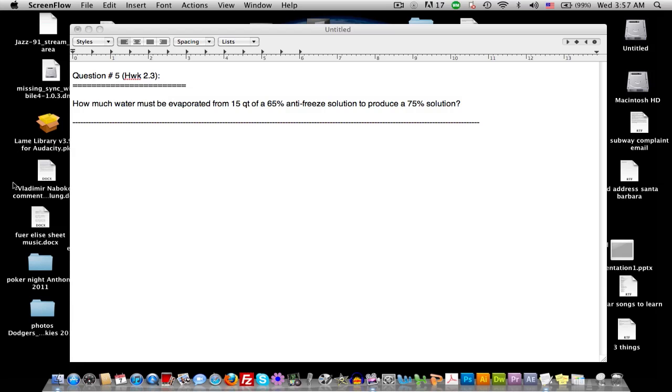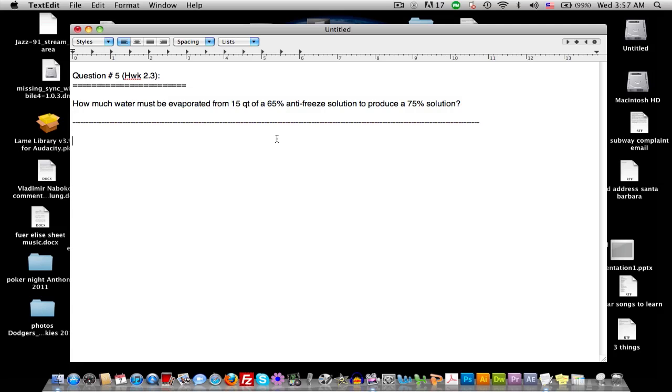Okay, so this is homework 2.3, question number 5. There was no video for it, and the way that you solve it is a little bit different than the examples that they give. So, I am going to show you how to do this answer. And this is the question: how much water must be evaporated from 15 quarts of 65% antifreeze solution to produce